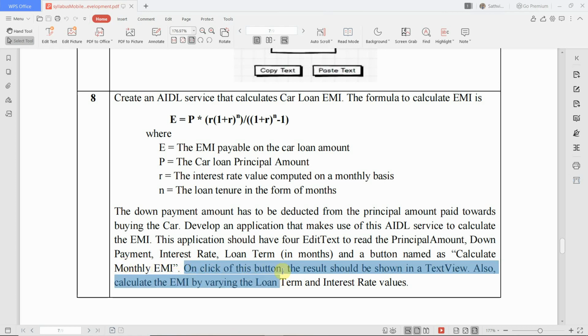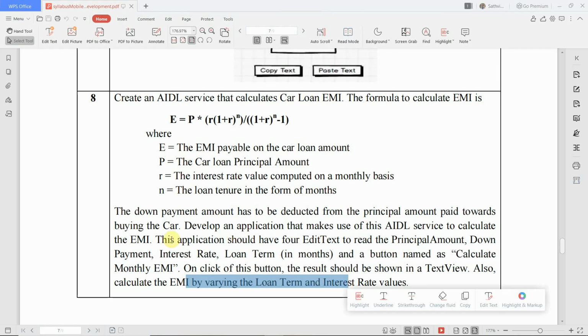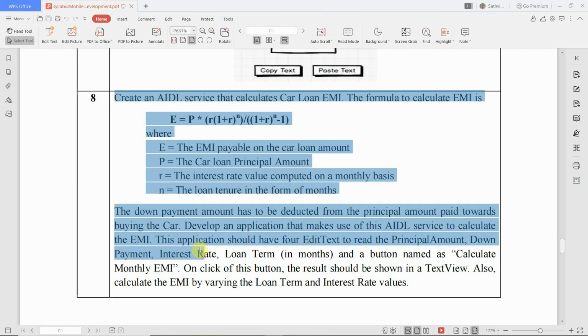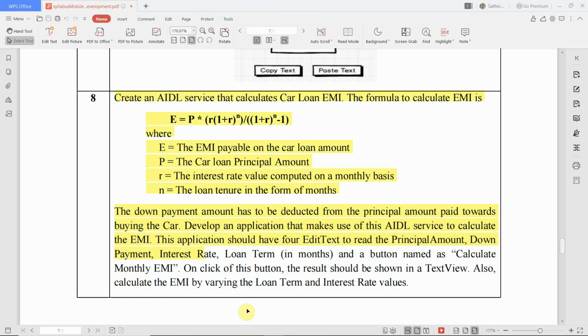On click of this button, the result should be shown in a text view. Also, calculate the EMI by varying the loan term and interest rate values. This is the problem we have to solve in Android.